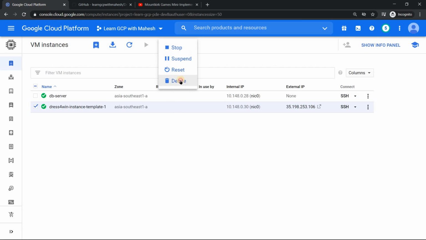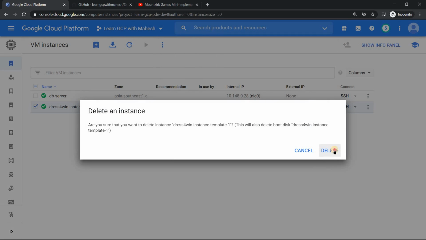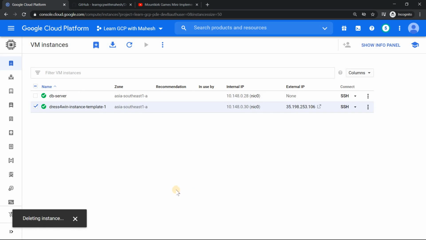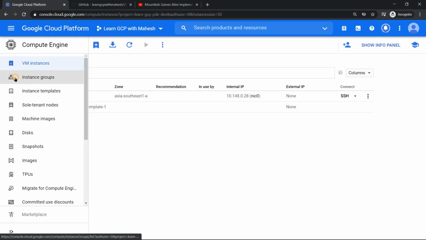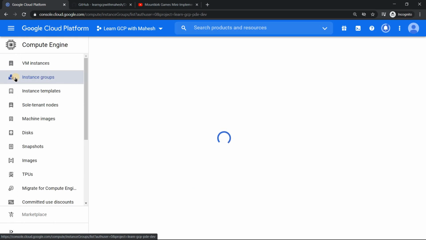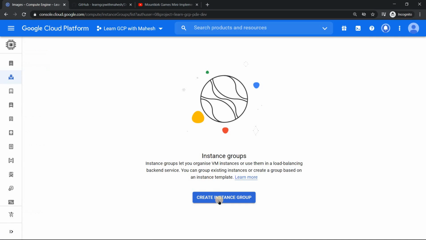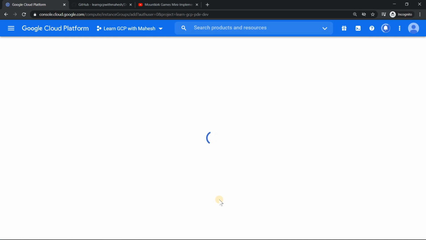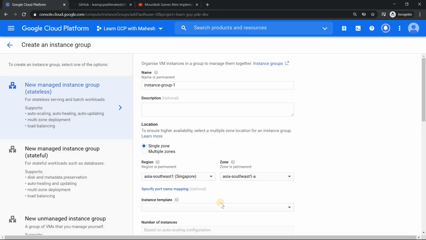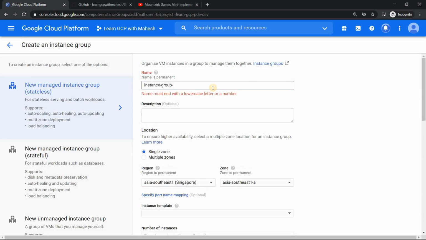So I don't need this VM anymore. Thanks for testing it out. So let's say bye bye to this instance. Now this gets deleted. By the time it gets deleted, let's go and create our instance group. Maybe this time, why don't we create something in Europe? So let's try to do something in Europe. Last time we did in Asia. So I'm going to call this EMEA